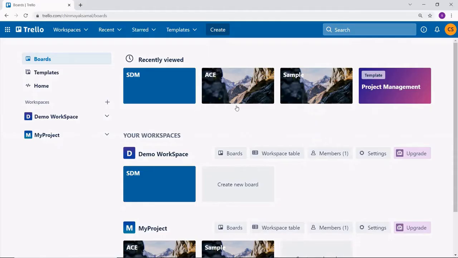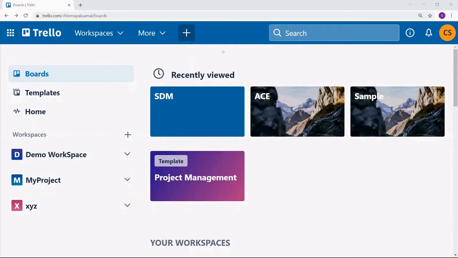Here you can see the Trello interface. Using the free version, we can do most of the work. Workspace is the prime component. Basically, a workspace is a group of boards and people. Use it to organize your company, side hustle, family, or friends. As you can see, this is a workspace, and we need to create a workspace.